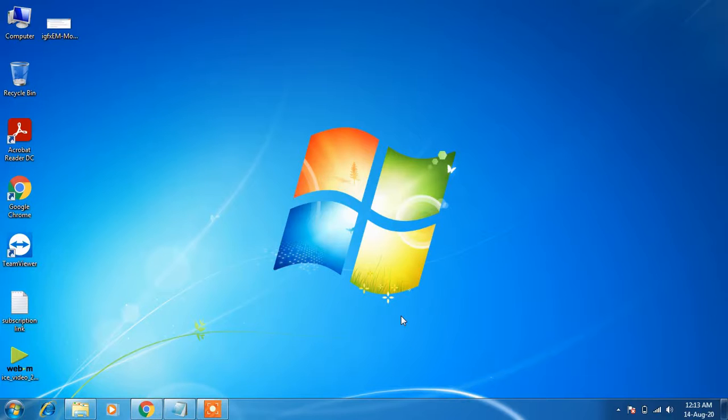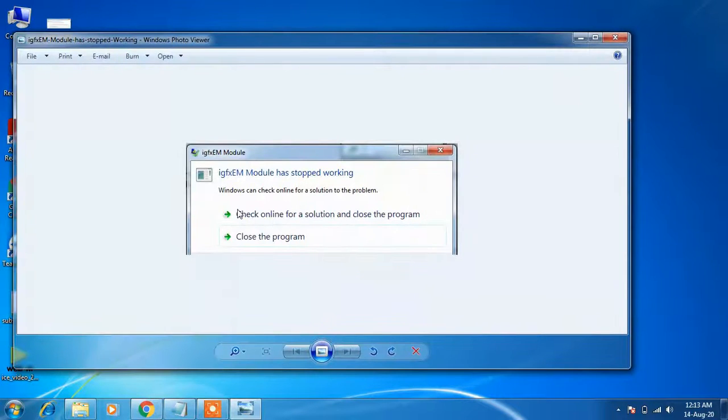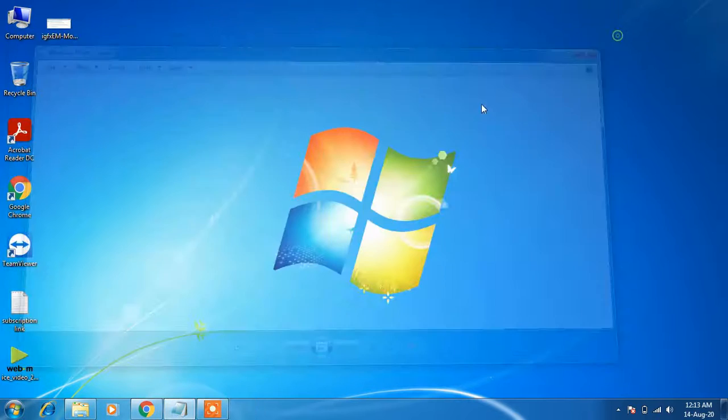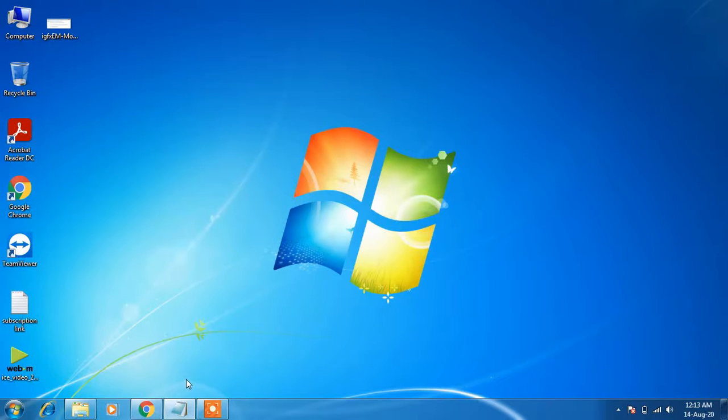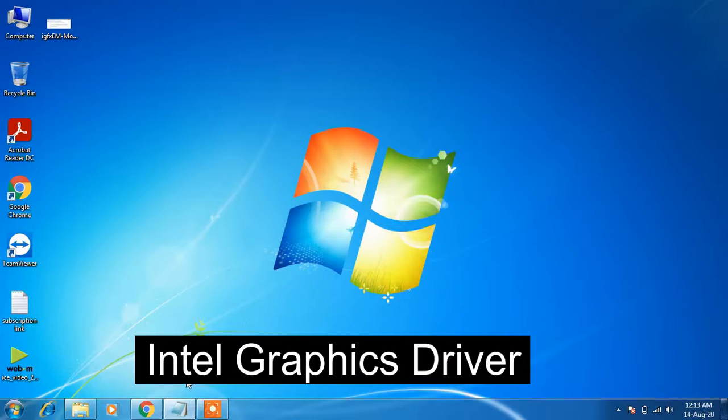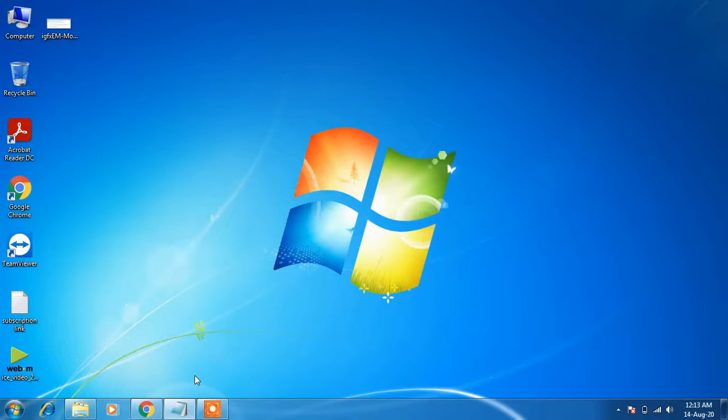Today I am going to show you how to fix the issue of IGFX EM module has stopped working in Windows 7. So if you are getting this dialog box, IGFX EM module has stopped working, whenever you are starting your laptop or PC, and you have got Intel driver installed in your Windows 7, then to fix this issue what you have to do is just download